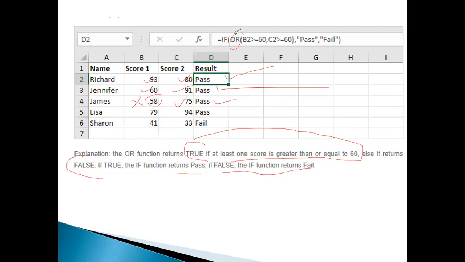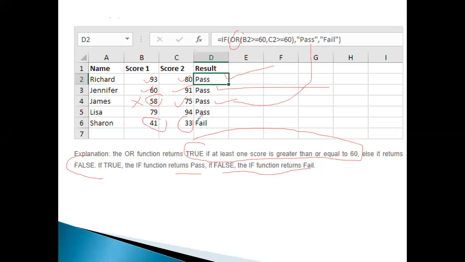But instead of the OR statement, if we had used the AND statement, that would have been a different result. But we want that anyone's score is greater than 60. Then in that case, we'll say that yes, the result is pass. Now you can look at this. This is also less than 60.